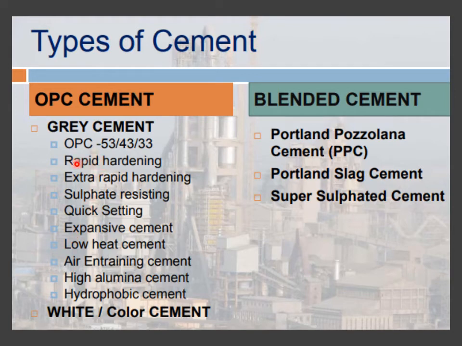So we'll just quickly check out what the applications of these types of cement are and what exactly blended cement is. Blended, the word itself indicates that cement is mixed with some other pozzolanic materials. Okay, so such type of cement we call the blended cement or a Portland pozzolana cement. So some percentage of the cement is mixed with some other materials which have the same binding properties. The best example is fly ash. Such type of cement we call a blended cement, that is PPC or Portland slag cement or supersulfate cement.